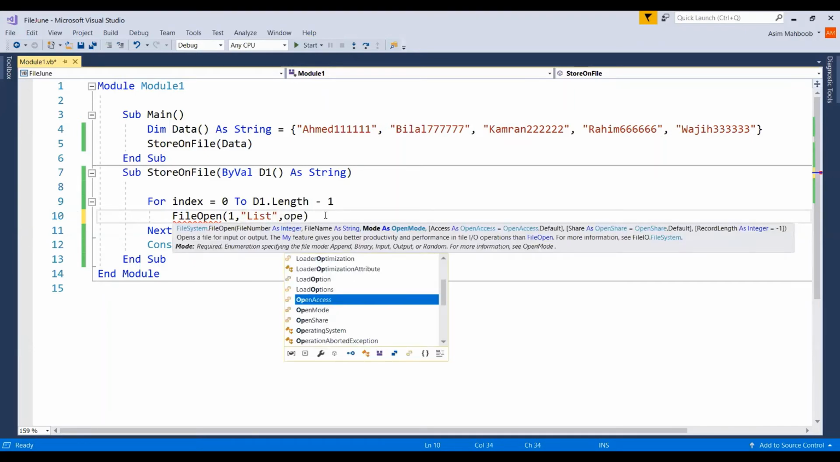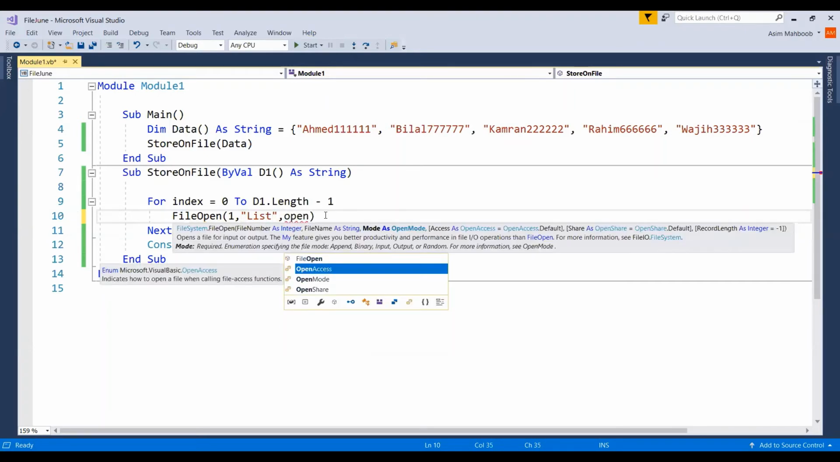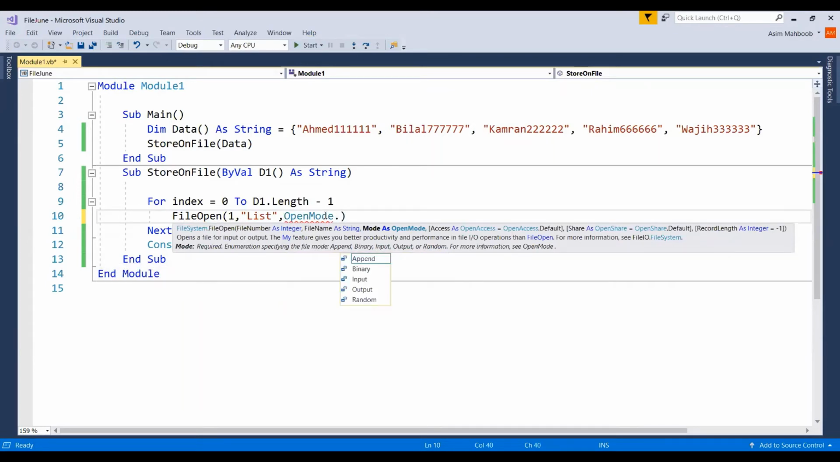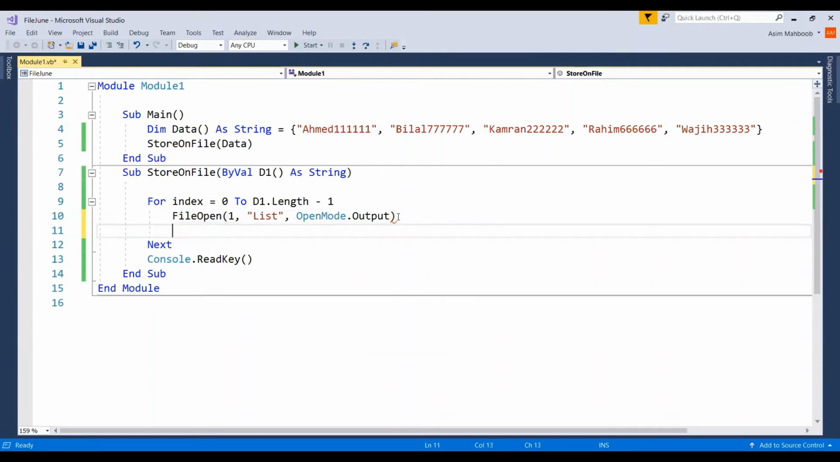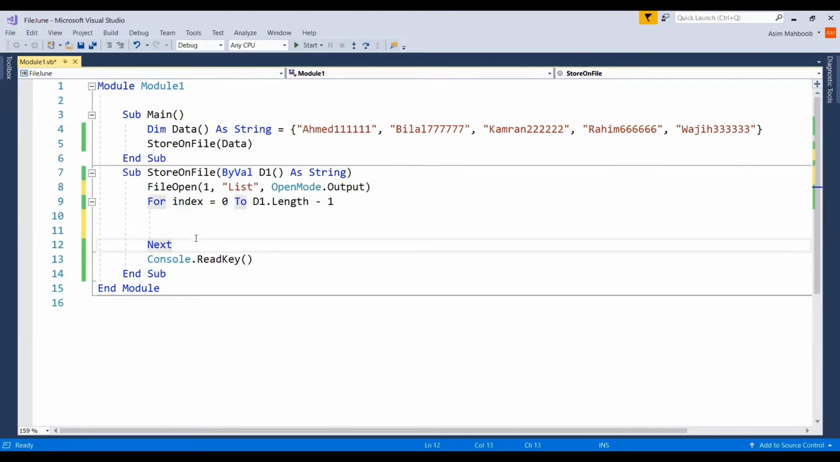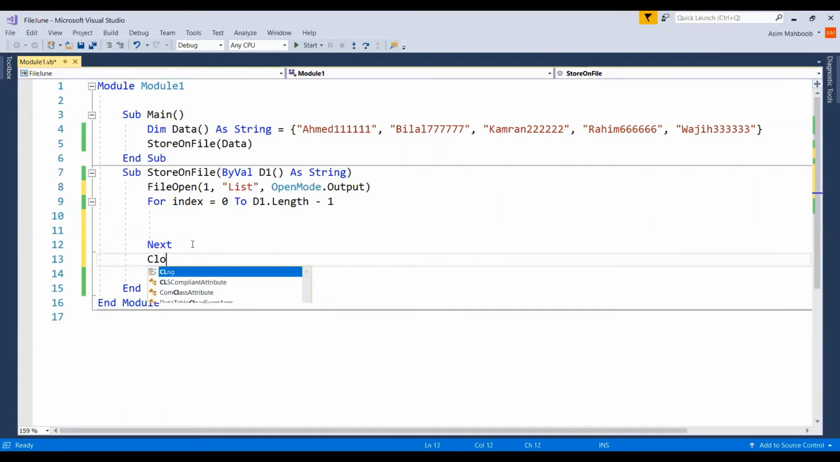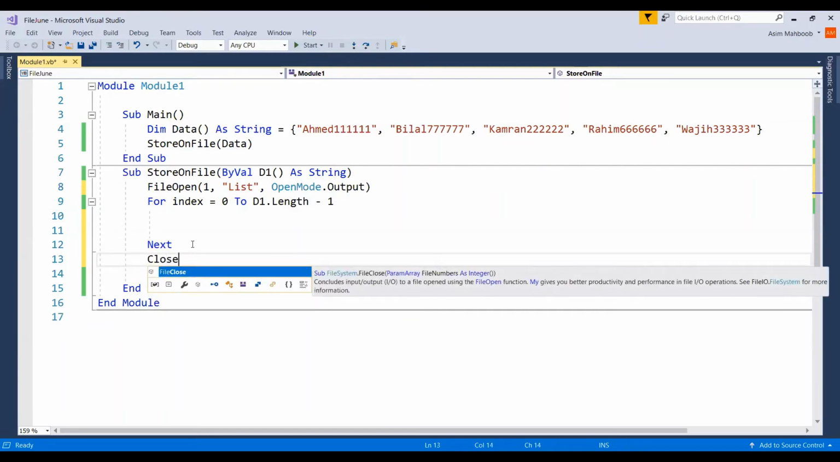ओके, फाइल नेम, इसका नाम हम लिस्ट रख लेते हैं, और कॉमा ओपन मोड, जैसे मैंने बताया था कि ओपन मोड लिखना है, तो ओपन मोड। और हमने क्योंकि फाइल इस वक्त क्रिएट करनी है तो हम आउटपुट मोड में इस फाइल को खोलेंगे। तो जैसे हमने फाइल खोलेंगे तो वो डेटा लिखना पड़ेगा। अब हमने याद रखना है कि फाइल हम बाहर खोलेंगे लूप से, पहले हम फाइल खोलेंगे फिर लूप चलाएंगे और लूप के बाद हम क्लोज फाइल कर देंगे, क्लोज फाइल,